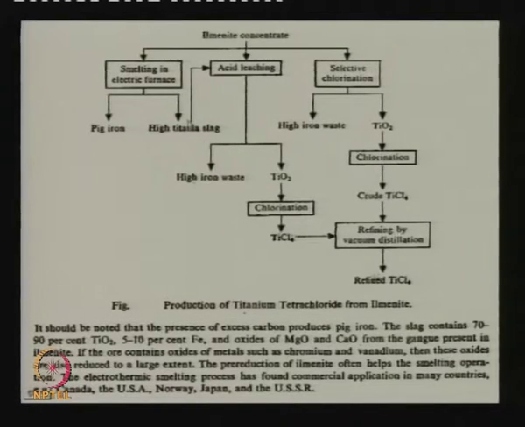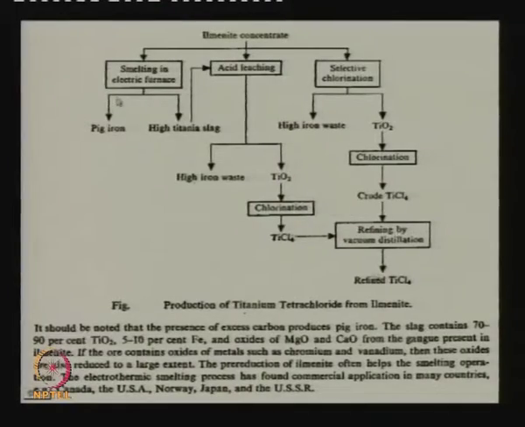And then there are three basic approaches to get titanium from TiO2. We are not following any of them, but internationally one can go straight for smelting in an electric furnace to produce pig iron, because it has FeO. There the iron value is recovered. Titanium goes into a slag,